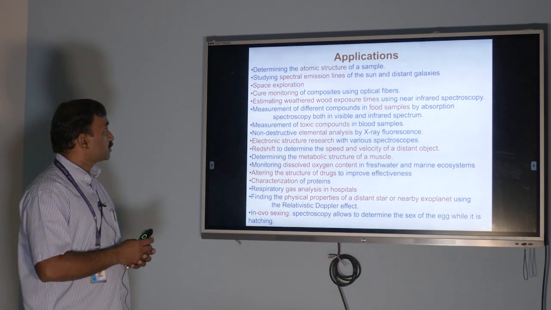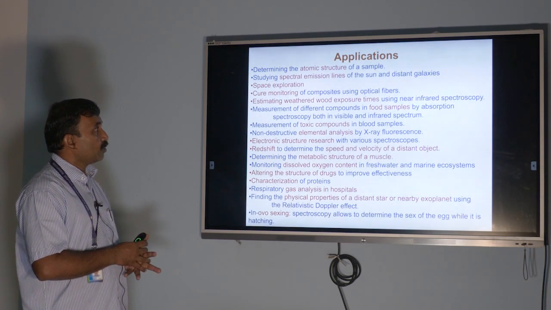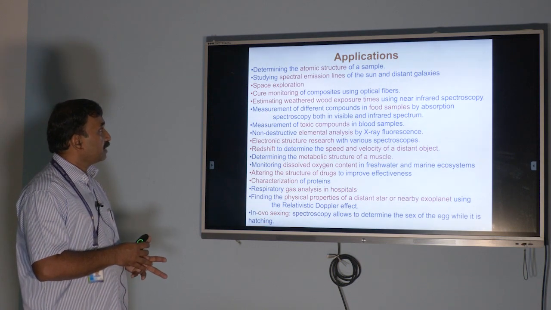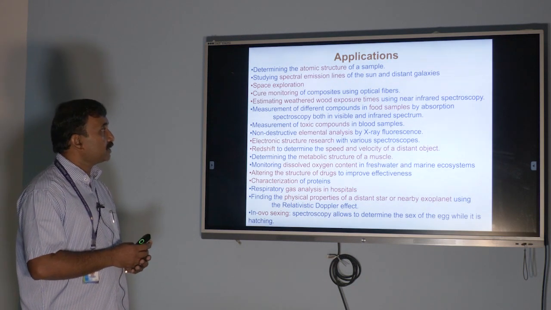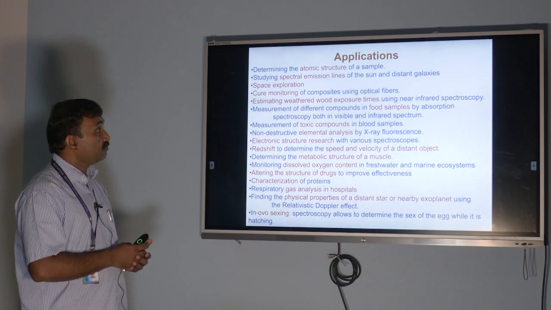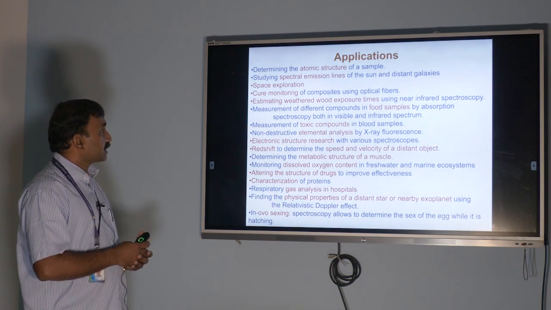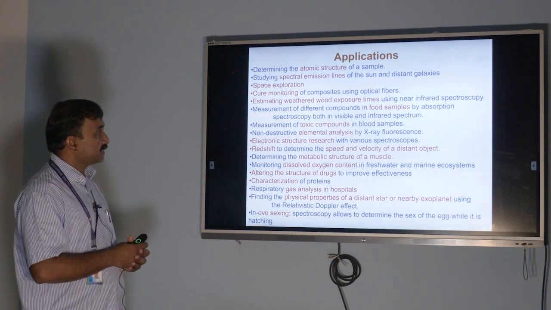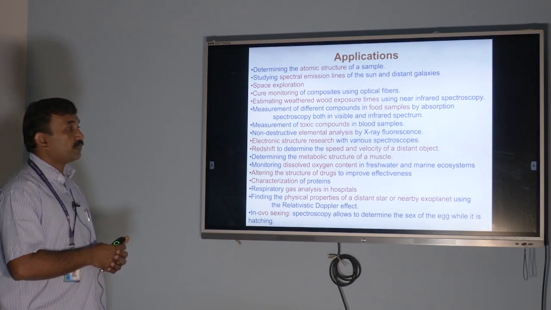It is very widely used in space exploration, monitoring of composites using optical fibers, estimating withered wood exposure times using near-infrared spectroscopy, measurement of different compounds in food samples by absorption spectroscopy both in visible and infrared spectrum, measurement of toxic compounds in blood samples as well as food samples, non-destructive elemental analysis by X-ray fluorescence, electronic structure research with various spectroscopes, redshift to determine the speed and velocity of a distant object,